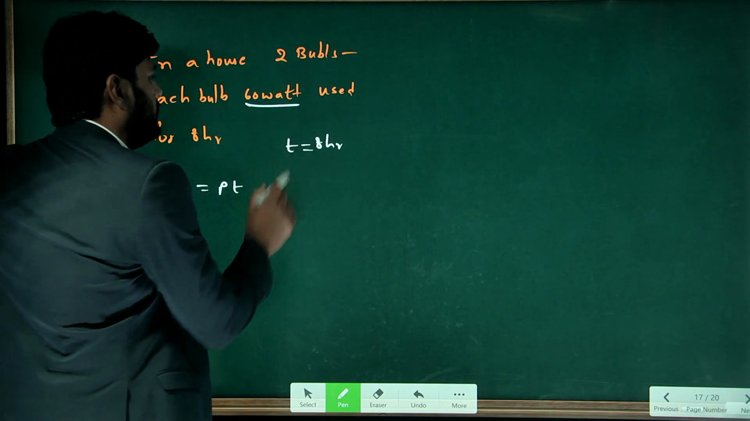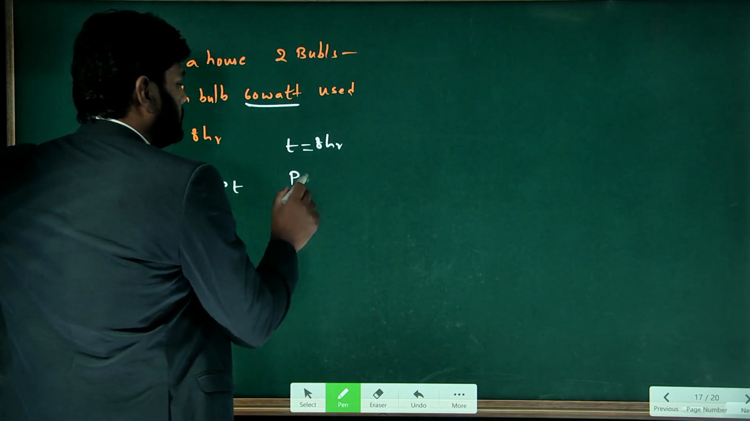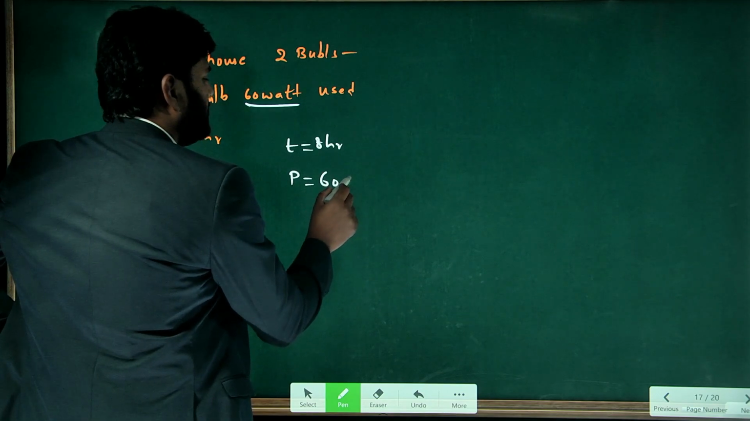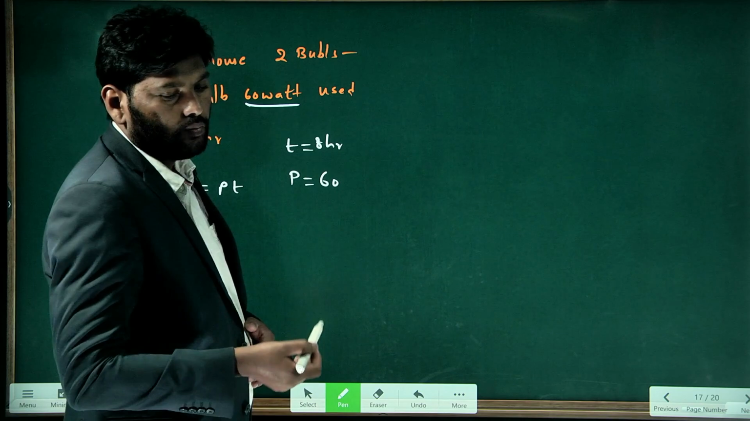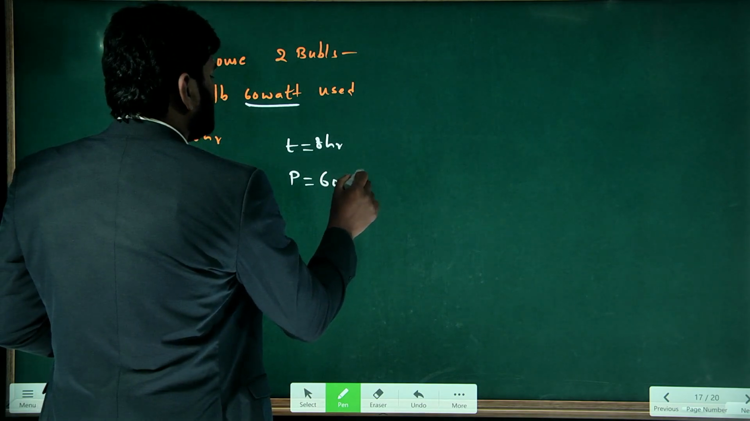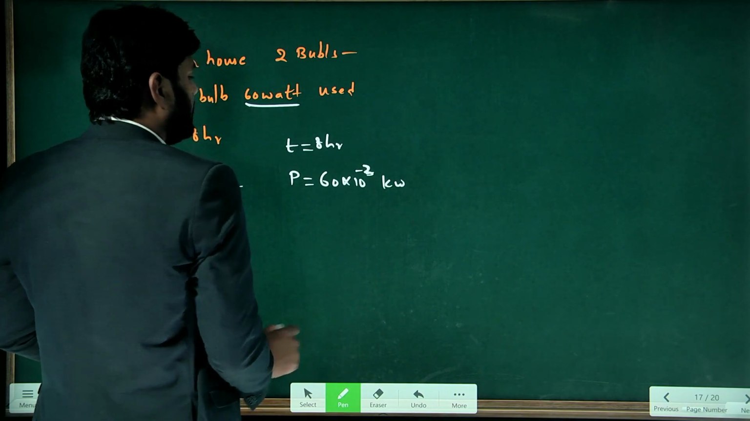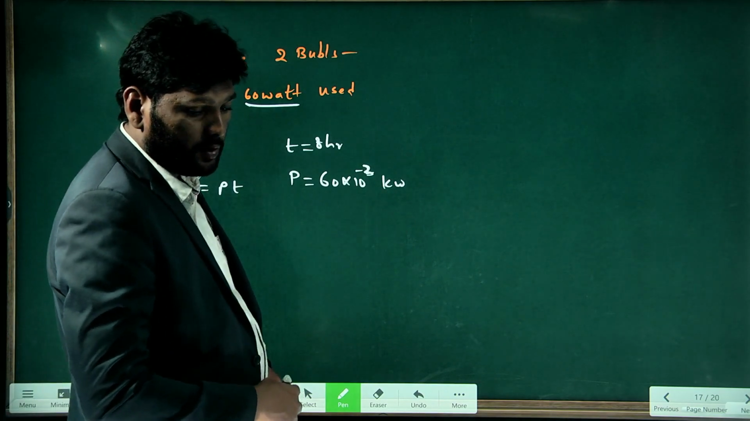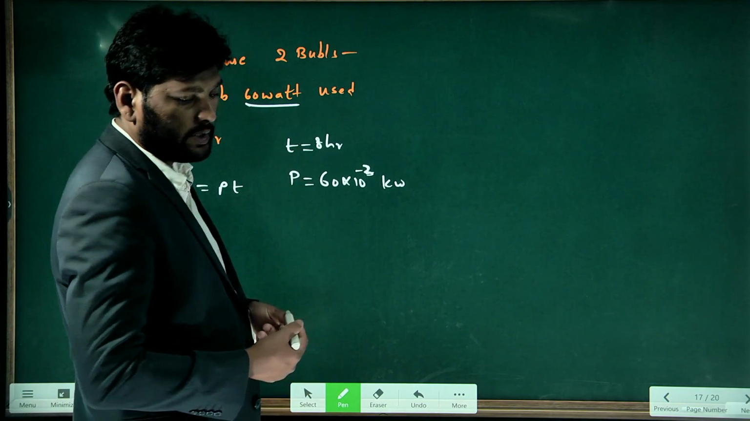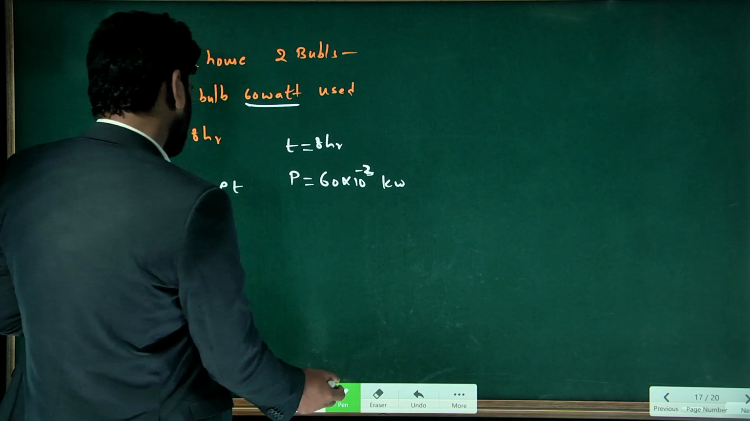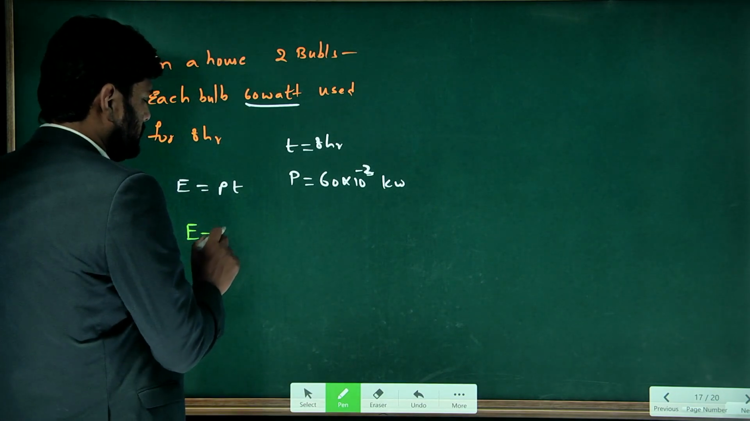But see here, the power is not in kilowatt, so you must convert this 60 watt into kilowatt. To convert it, you multiply with 10 power minus 3, so that it becomes kilowatt. Now here you have power and you have time. Substitute these two in the equation: electricity consumption is equal to power